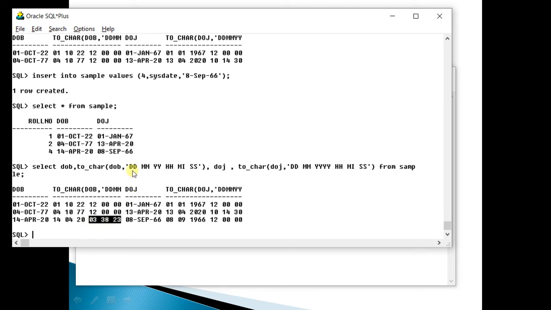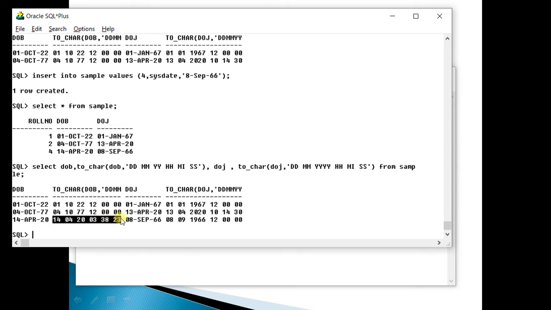So when you enter a date through a function, the date and the time of the system are entered. But when you enter a simple date value, Oracle does not enter the current system time. It enters the starting time of the day, that is 12 a.m. So I hope it is clear that when you enter sysdate, the current date and time go in. When you enter a date by hand, then 12 a.m. in the morning is stored. This is what you are seeing in this example.